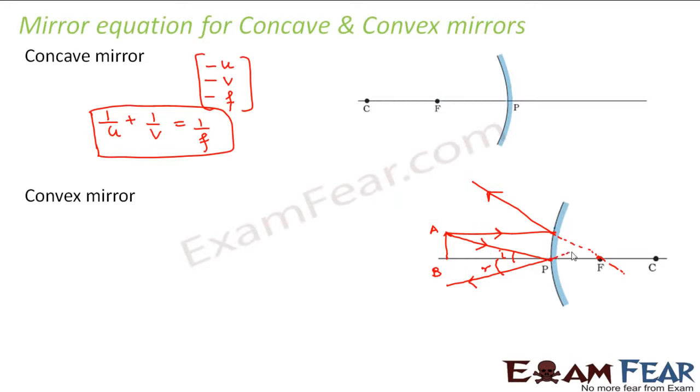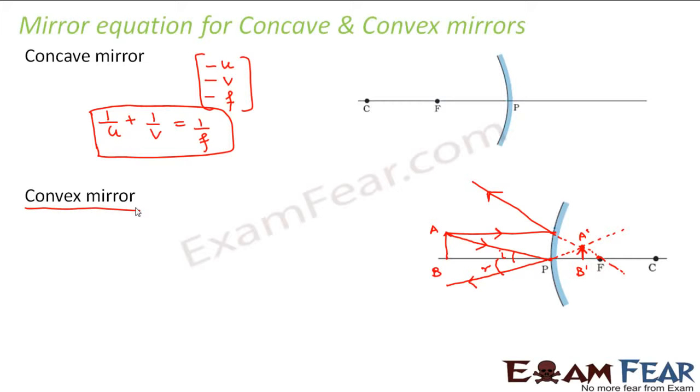So now if you again extrapolate this reflected ray, you see that both these reflected rays meet at this point. So that means the image is formed at this point. Now since this image is above the principal axis, it is an upright or erect image. In case of concave mirror, the image was inverted because it was below the principal axis. But here it is above the principal axis, so A dash B dash is the image formed. In this case, the image is erect, but the image is virtual. Right? So now let us look at what happens in the case of a convex mirror.